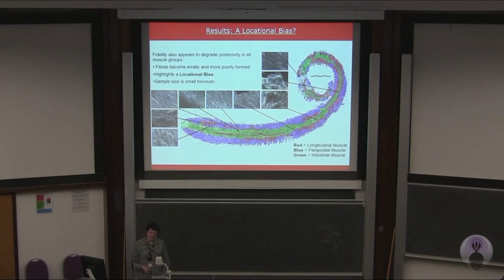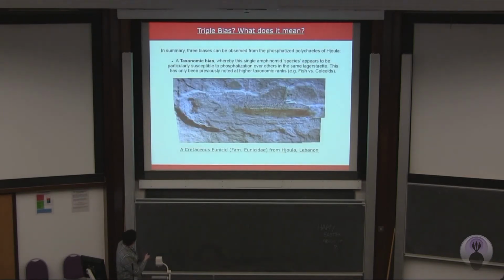So, a third, less secure bias can also be identified, a locational bias. As you might be able to,